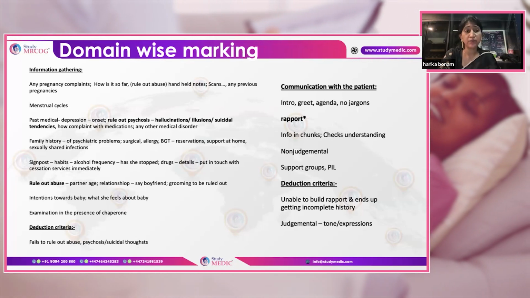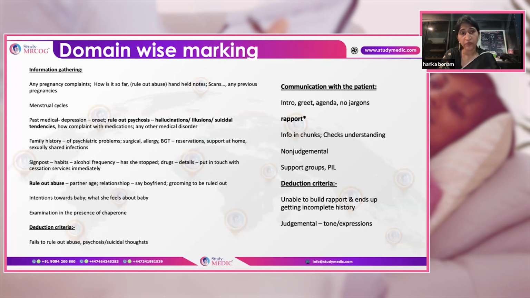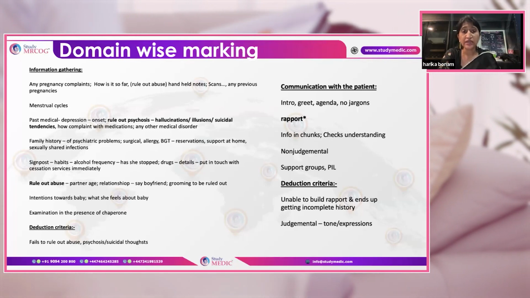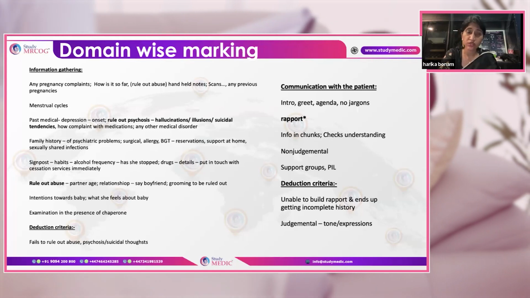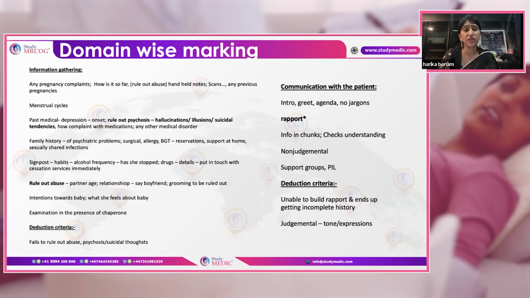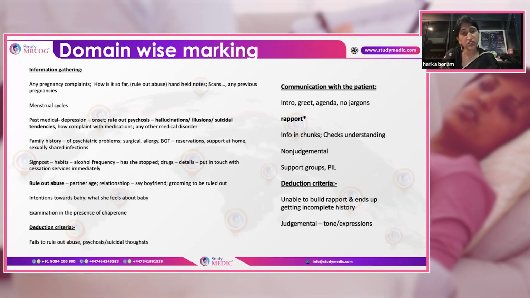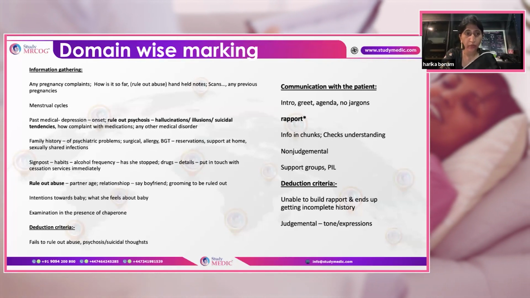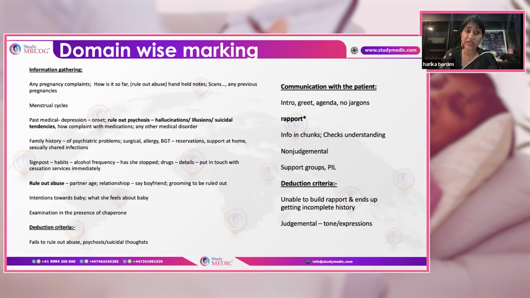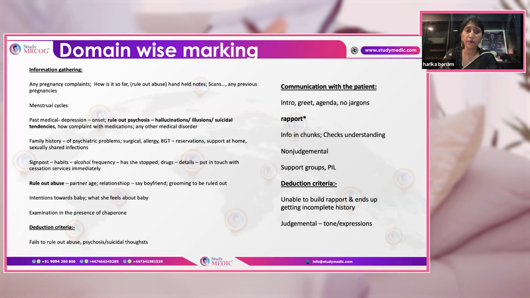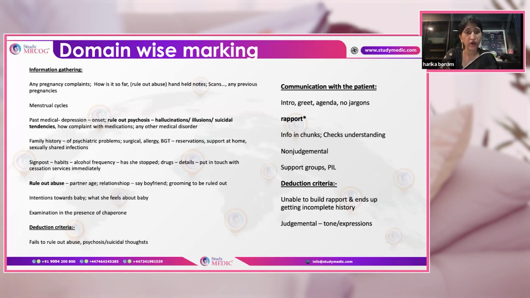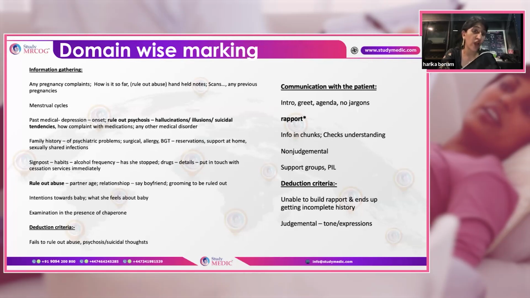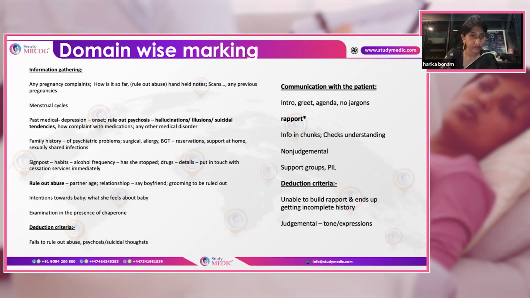It is always very important to differentiate depression from psychosis, because if she has hallucinations or illusions, it indicates she's having psychosis. Patients with psychosis need emergency treatment. It's a medical emergency. But if the patient is having depression, you can manage them. So rule out hallucinations and delusions, it's a safety point. And then suicidal tendencies, if she has any idea of fetal risk or intention of harming the baby, you have to definitely ask.